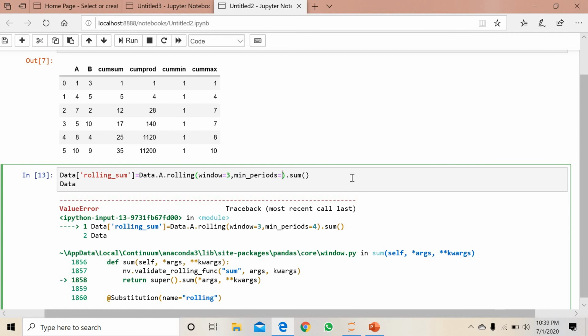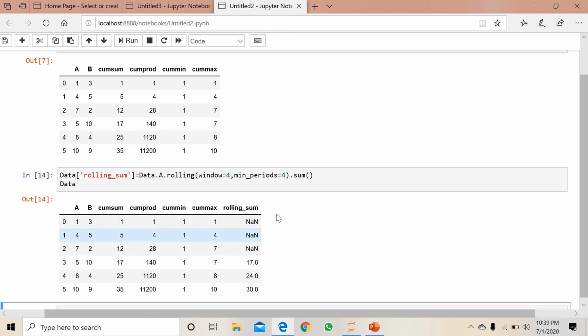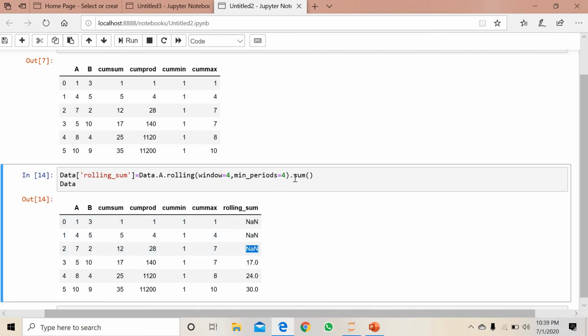Okay, if you put the window size equals to 4, then you will get the values accordingly, right? In that case, if you want to check all the NaN values, then simply put 1, then you can see here that the NaN values will appear now, right? So hope this will make sense, guys.